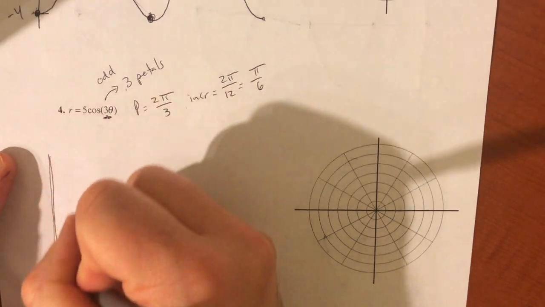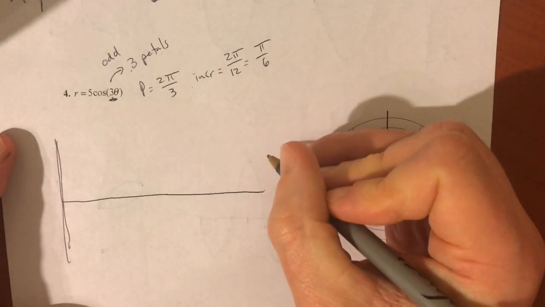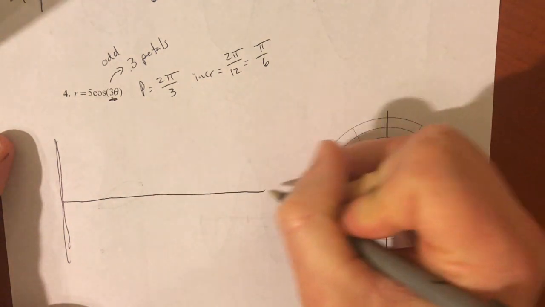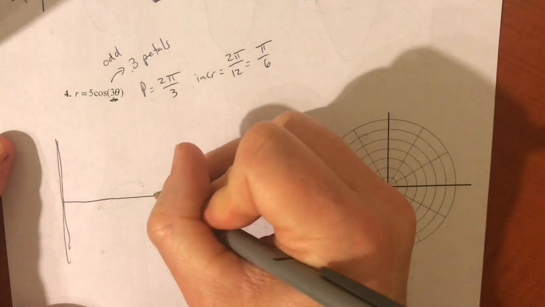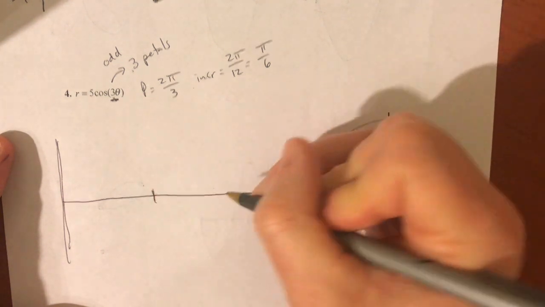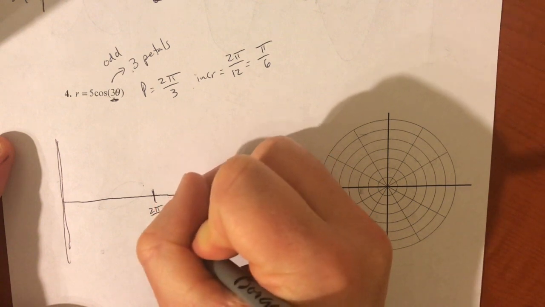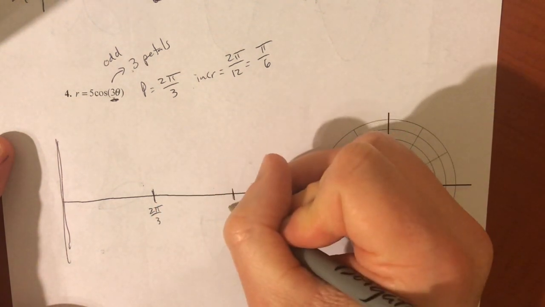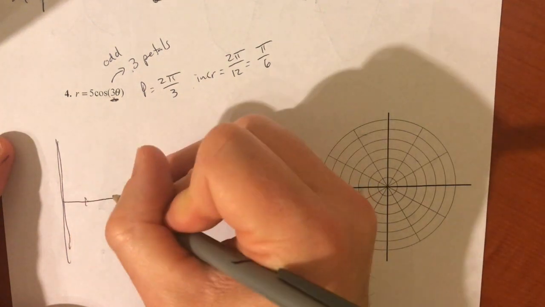And just like on the front, you might start to realize, remember, we didn't need to go all the way to 2 pi, but who knows? You might forget that. So 2 pi over 3, there's where my first one's going to end, then 4 pi over 3, and then breaking that up into quarters,